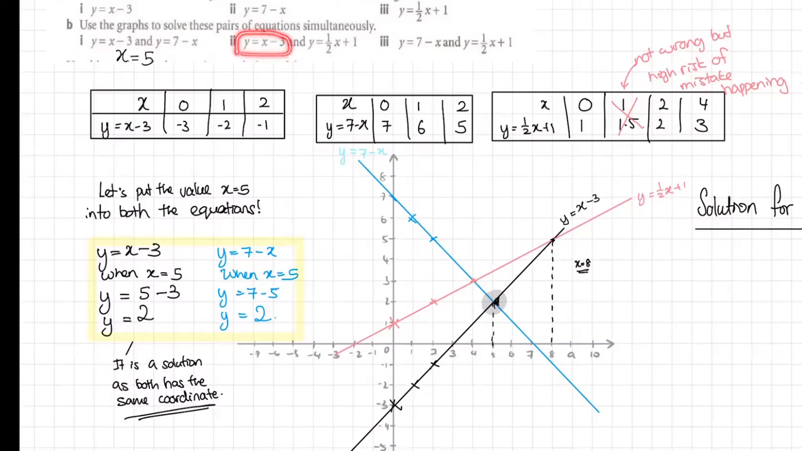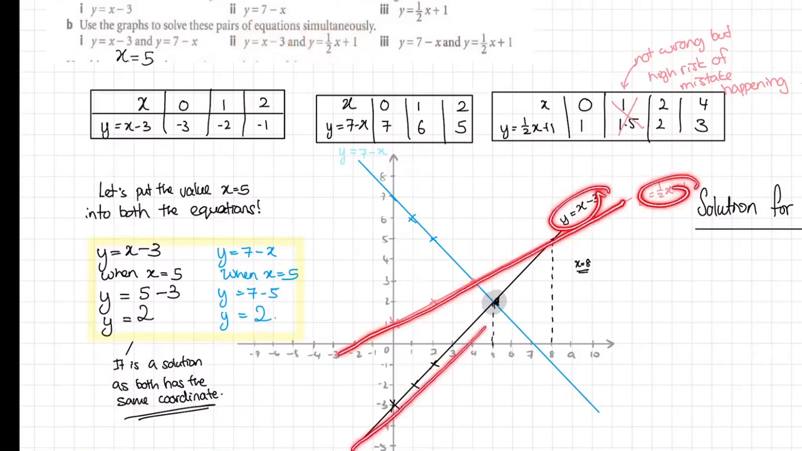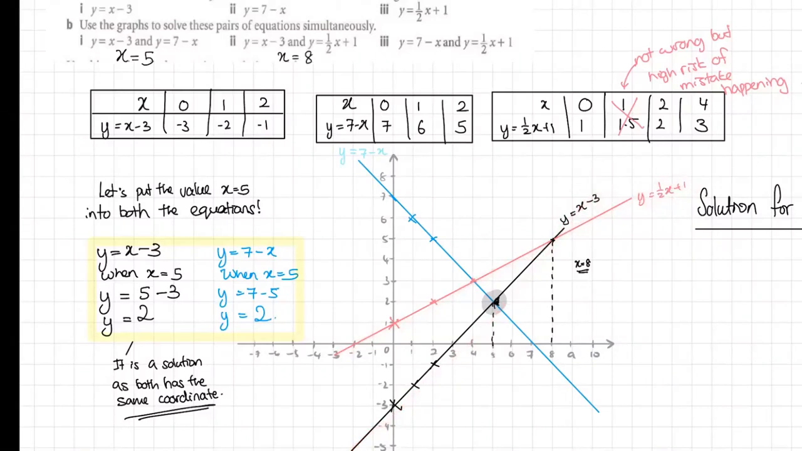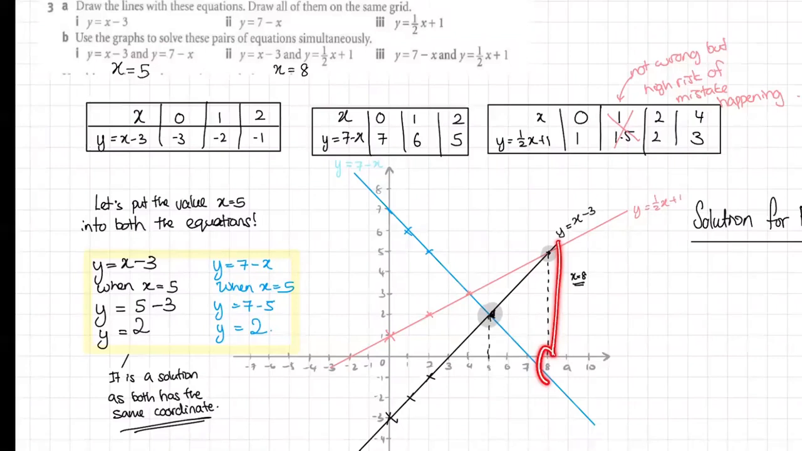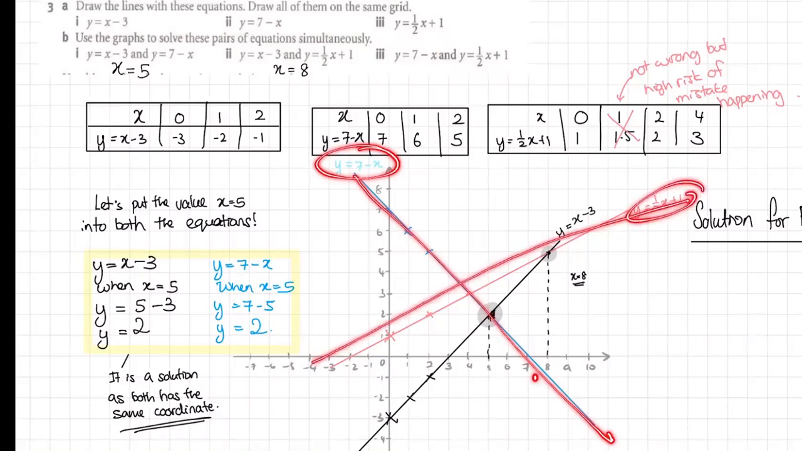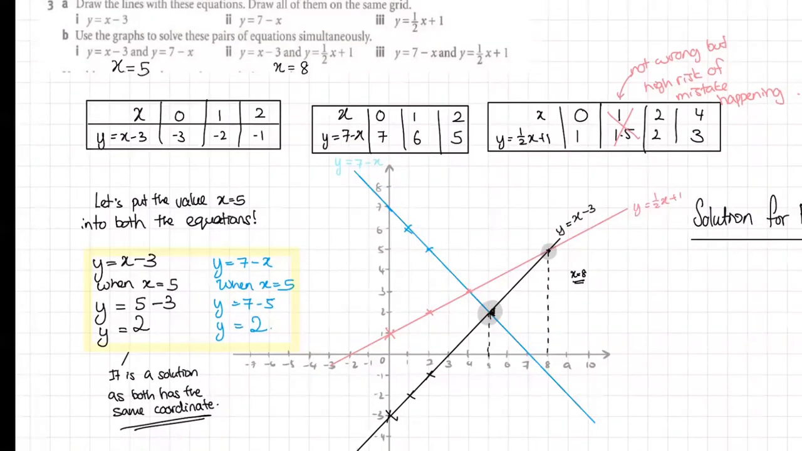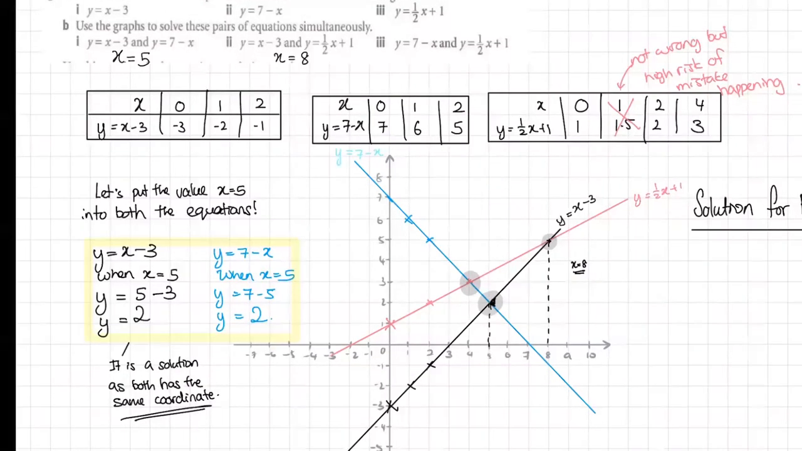Then you go to the next one. y = x - 3 and y = half x + 1. This line and this line. You can see already the answer is x = 8, because I just highlighted. Oopsie. See, highlight it and then just draw down. Next one, y = 7 - x and y = half x + 1. This is the solution. Let's bring it down. x equals